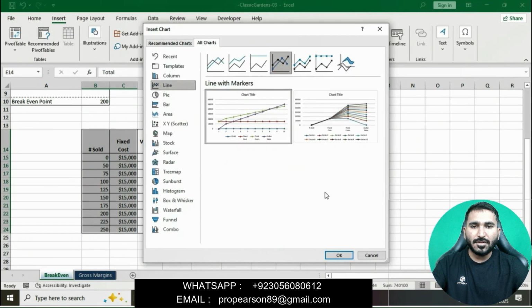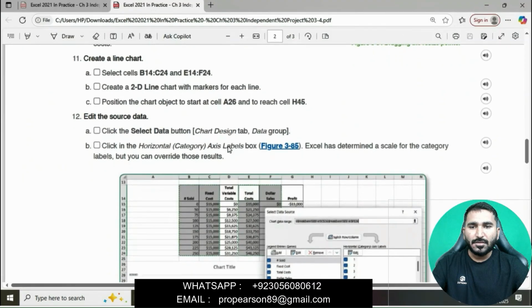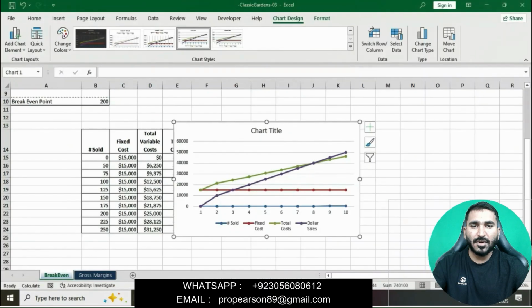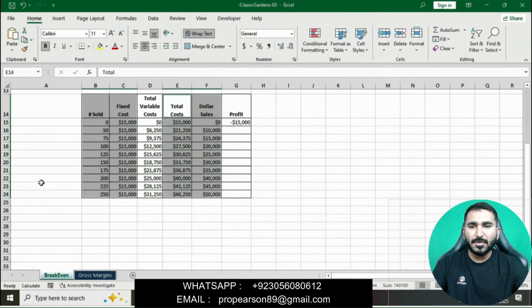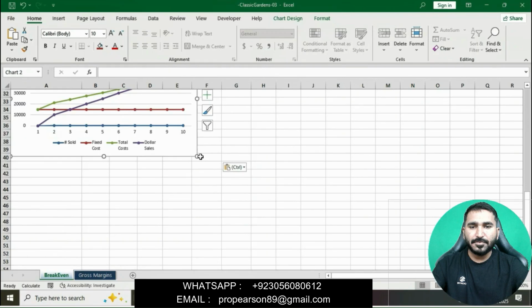Okay, line with marker. Now position the chart object to start in cell A25 and end at H45. Go to the home tab, cut and paste it in cell A25 and extend it to H45.